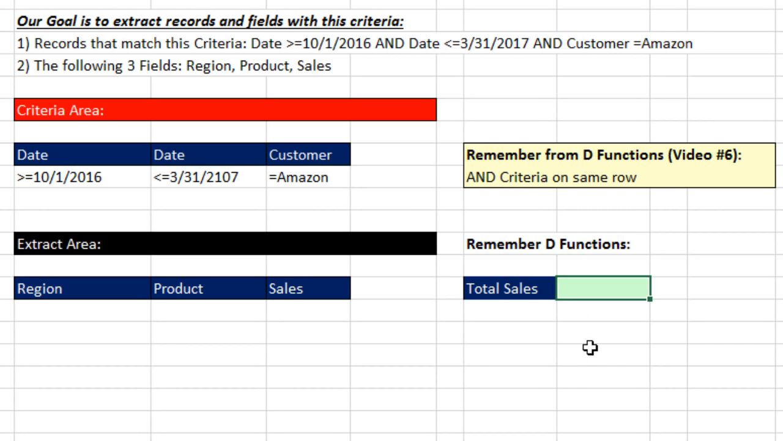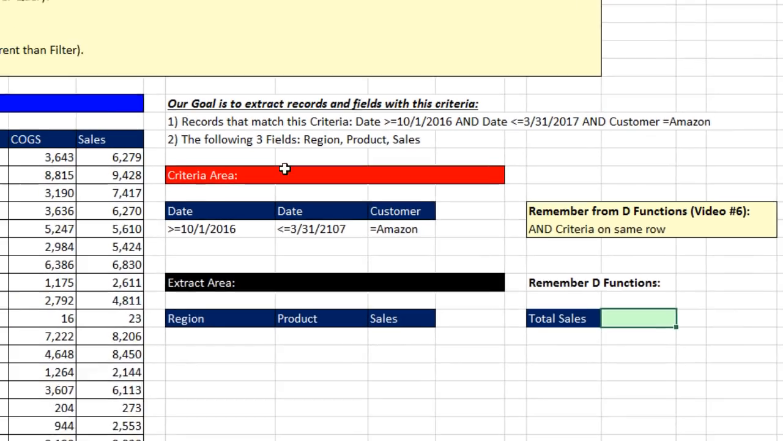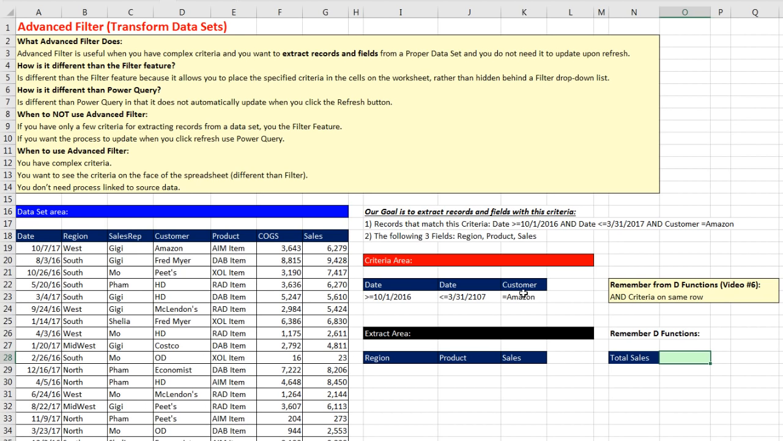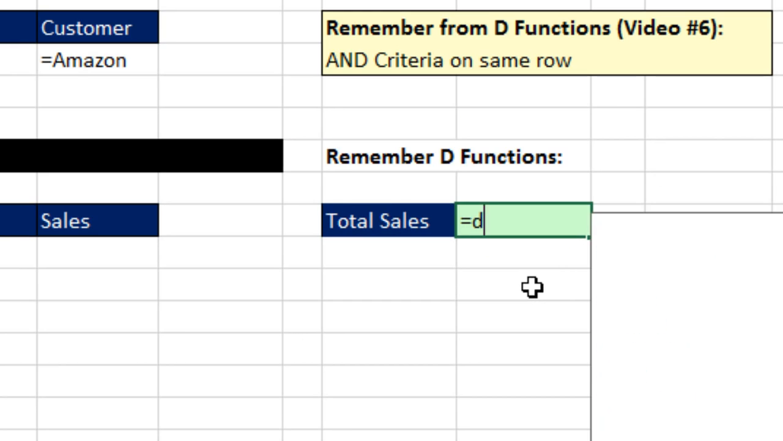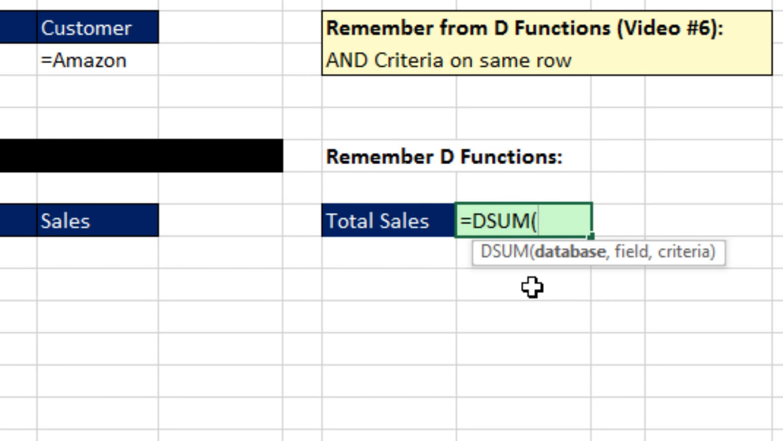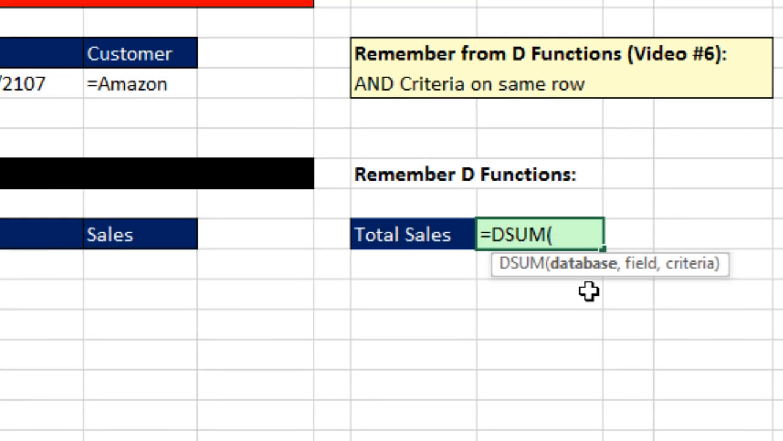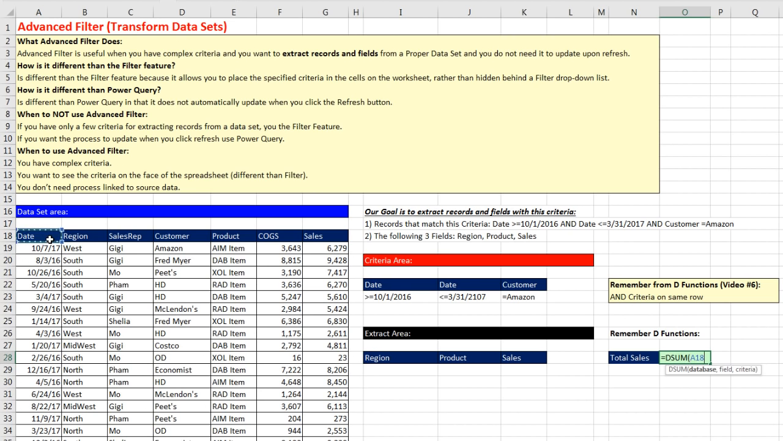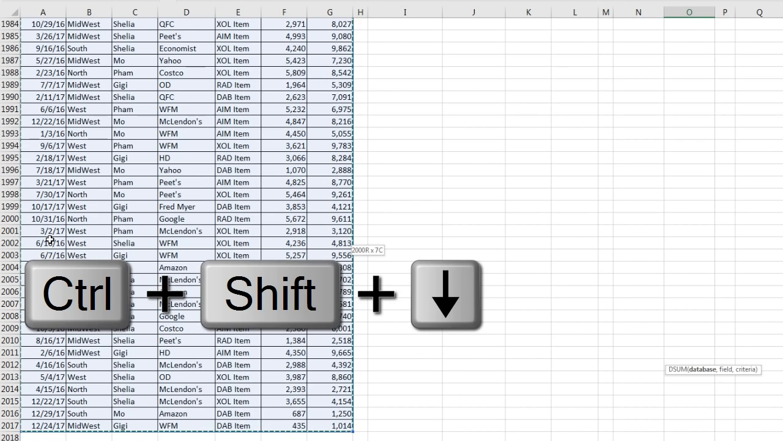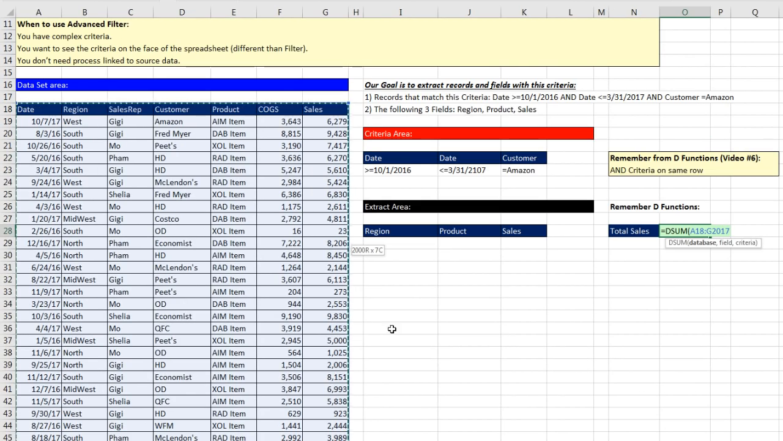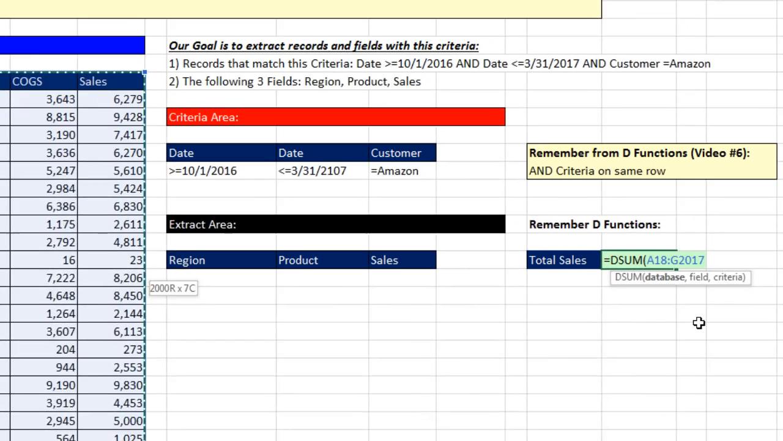Now, I want to remind ourselves about D functions. Here's our proper data set. Here's our field names and criteria. If our goal is to add sales, we can simply use the DSUM. Remember, DSUM said, hey, where's the database? I'm simply going to click in the top cell, Control Shift right arrow, down arrow, Control backspace. So when we get to advanced filter, we're going to have to show advanced filter the database, just like our